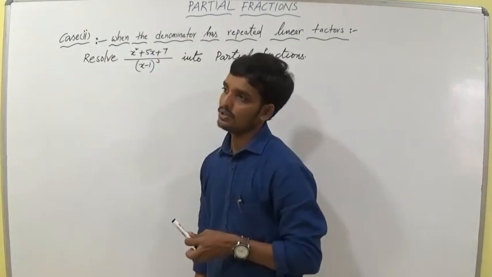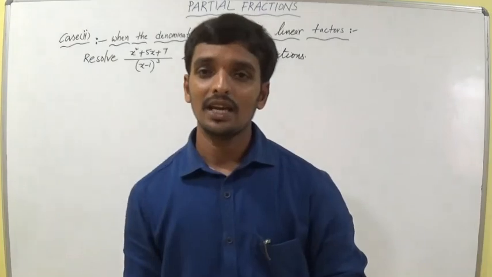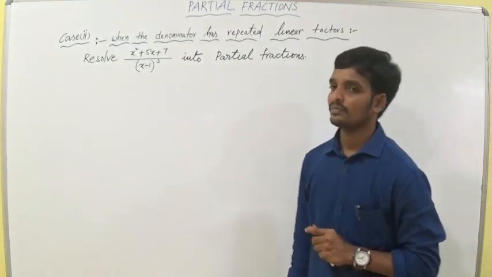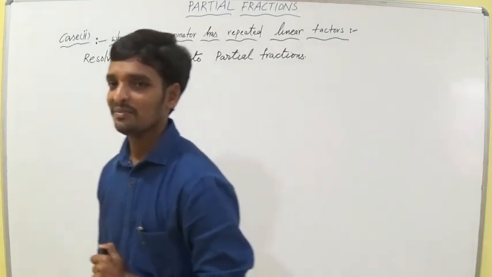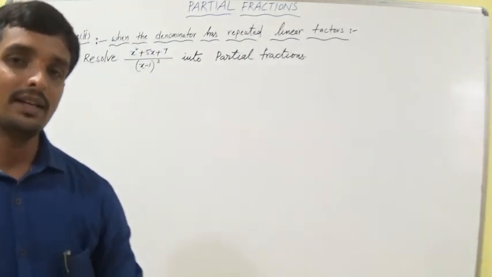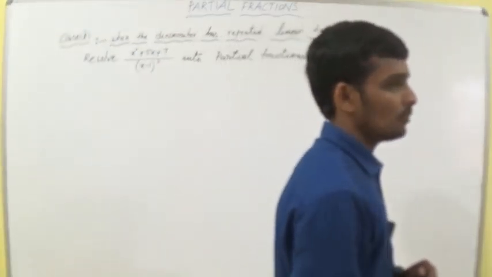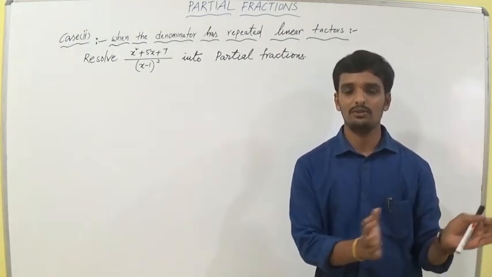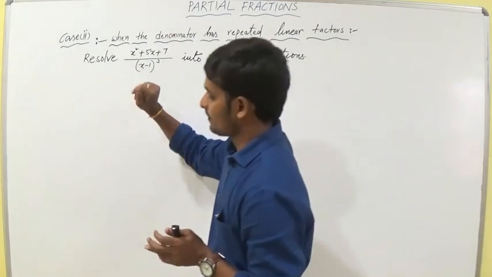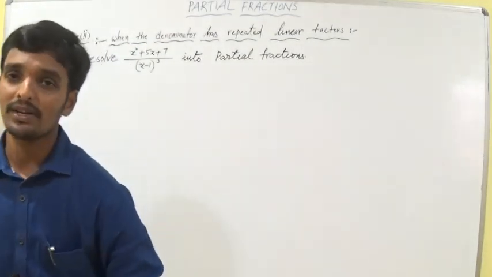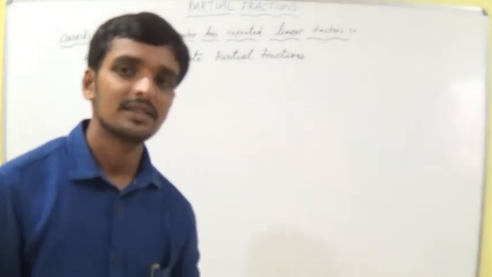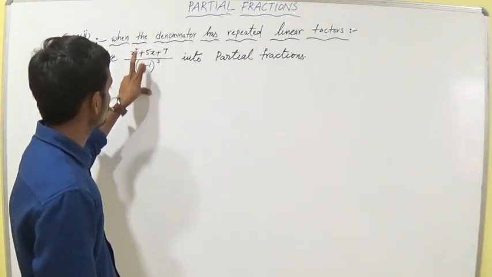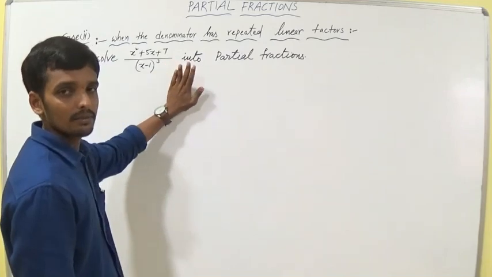So before going to solve this problem, use your brain. Can we write the partial fractions of this fraction? Think. Yes, we can. We write partial fractions only for proper fractions. If it is an improper fraction, the method is different. So don't think about that. Is it a proper fraction? Yes, it is a proper fraction. Why, sir? Here the x exponent is 2, there the x exponent is 3, so it is a proper fraction.